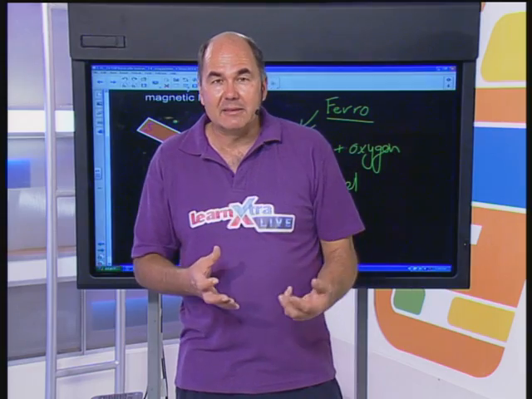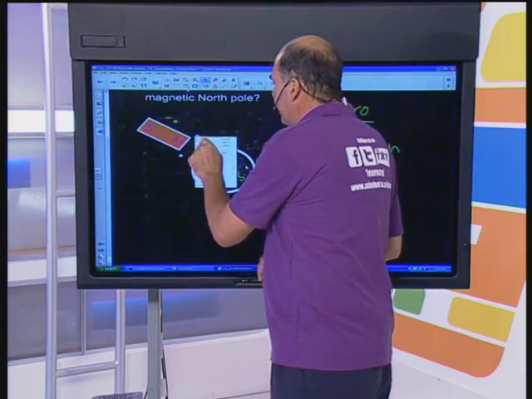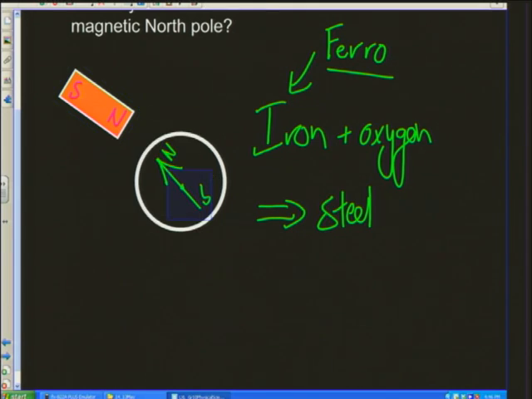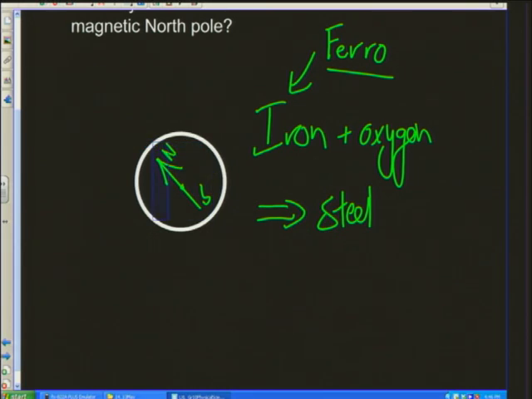And so you can have a lot of fun with compass needles and magnets. Now, if we take away the magnet for a moment, what's going to happen? If we take this away, let's just delete it. Then what you'll find is this thing, which we had over there, is going to turn, and it's going to go back to the direction it was originally facing, which is the Earth's magnetic field.